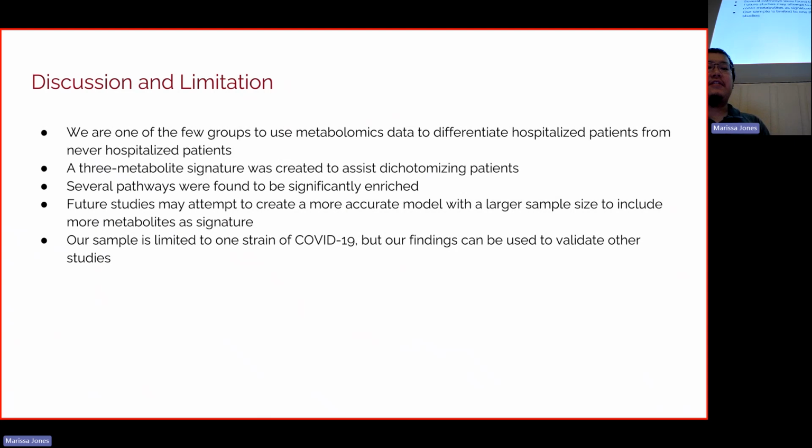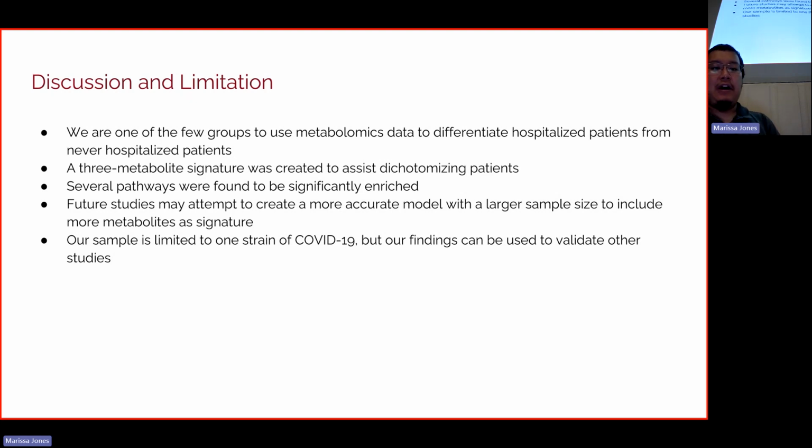And future studies can attempt to create a more accurate model, probably with a larger sample size, so that we can include a larger number of metabolites as the signature. We see that every time we add a metabolite into it, the performance gets better. So we think if we can have a larger sample size with all 5 signatures, the performance might be even